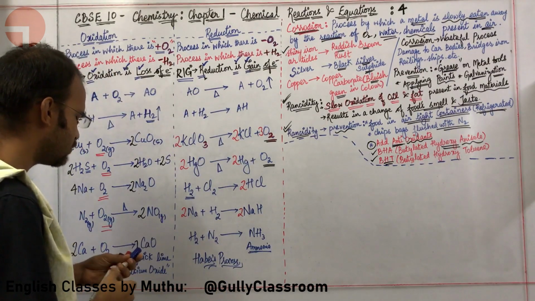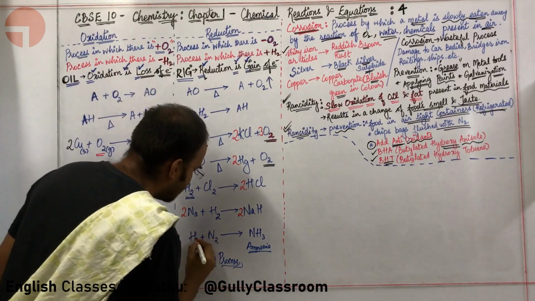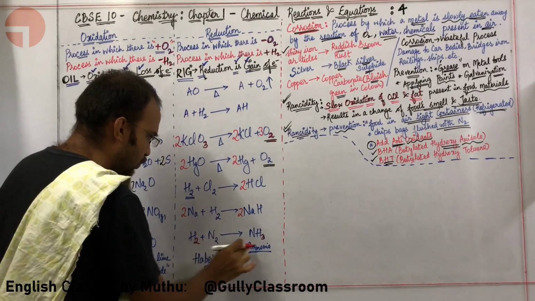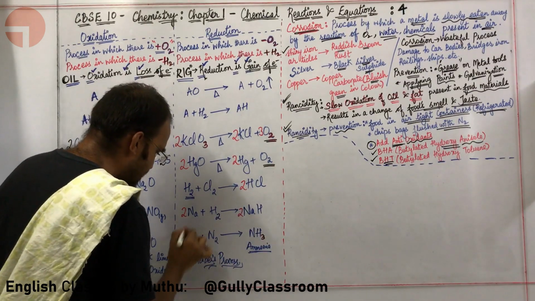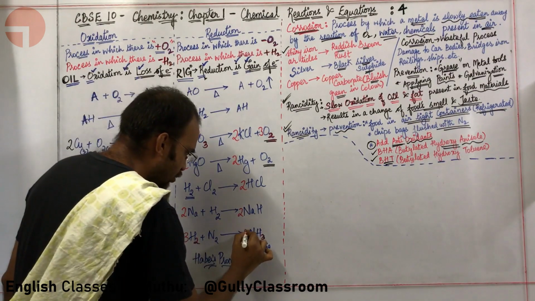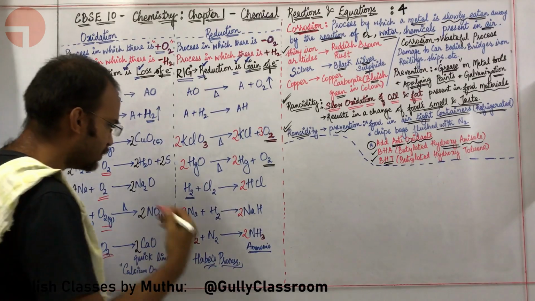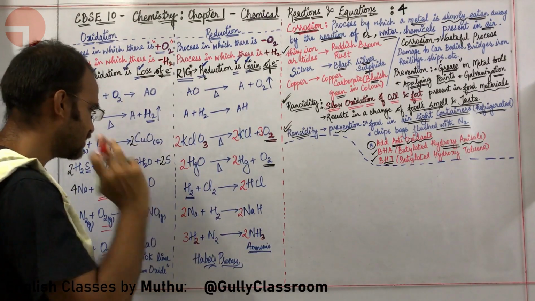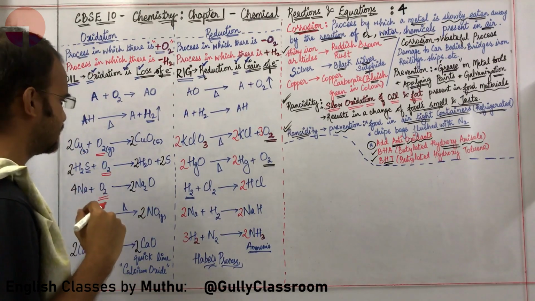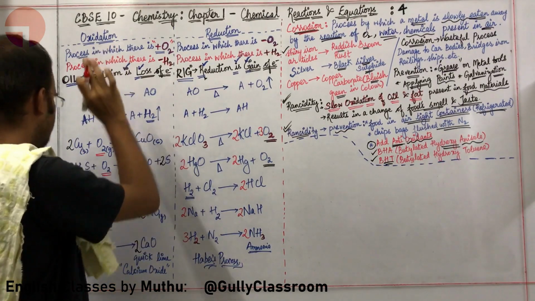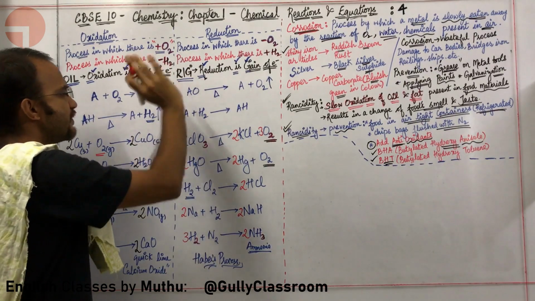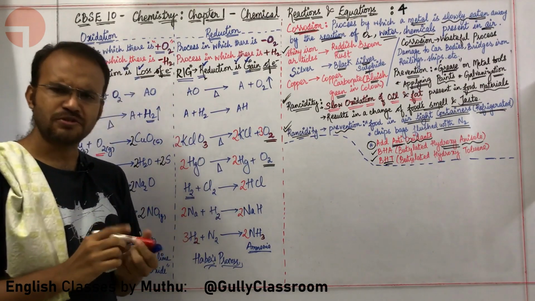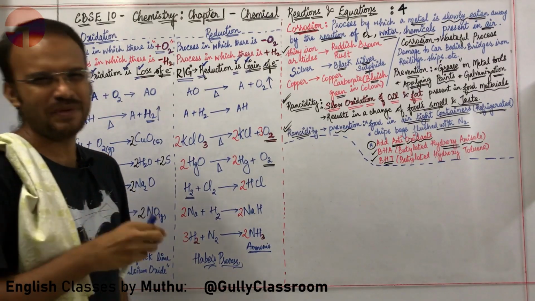Okay, how are you supposed to balance this particular reaction? Here there is 2 hydrogen, here there is 3 hydrogen. So LCM of 2 and 3 is 6. To bring 6 here, I am going to put 3. In order to bring 6 here, I am going to put a 2. So nitrogen is 2, nitrogen is 2. It is balanced. Excellent. So I have given 5 examples of oxidation and 5 examples for reduction. Beautiful, sir. But let me ask you a question. Please do ask me, Tangam.